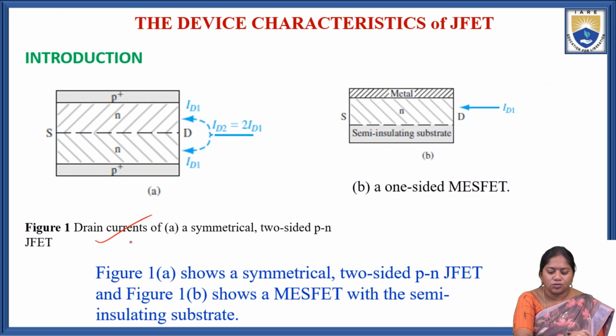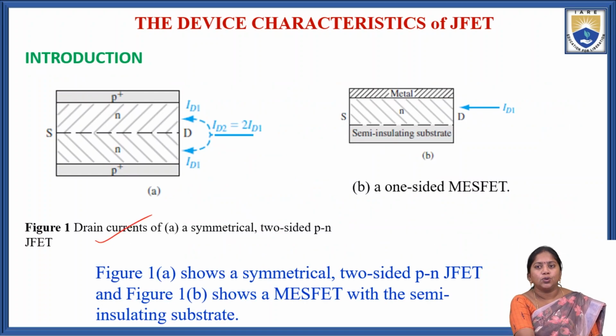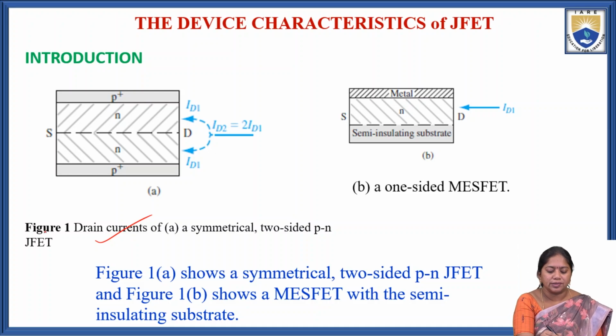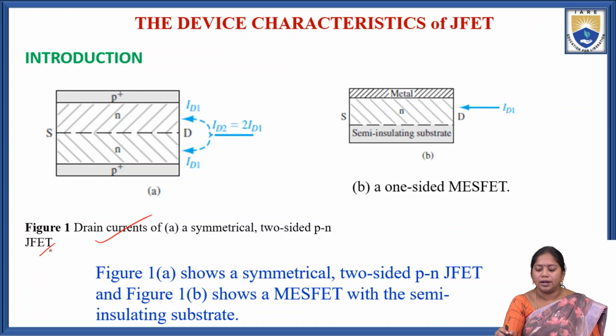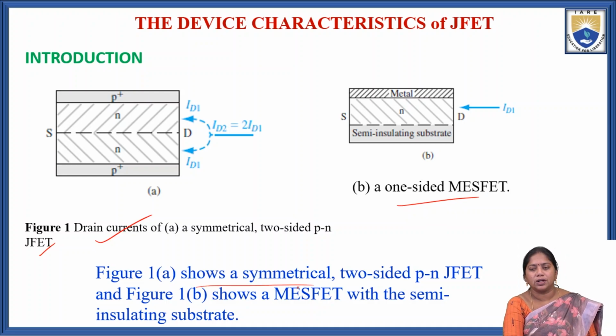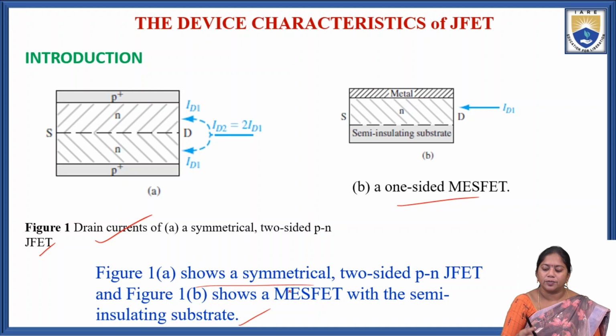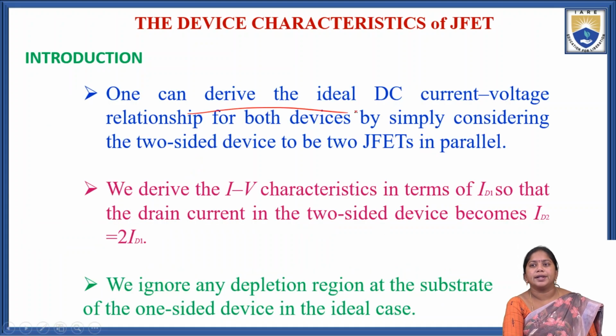So figure 1a shows the symmetrical two-sided PN junction field effect transistor and figure 1b shows the one-sided metal semiconductor field effect transistor with semi-insulating substrate. One can derive the ideal DC current voltage relationship for both the devices by simply considering